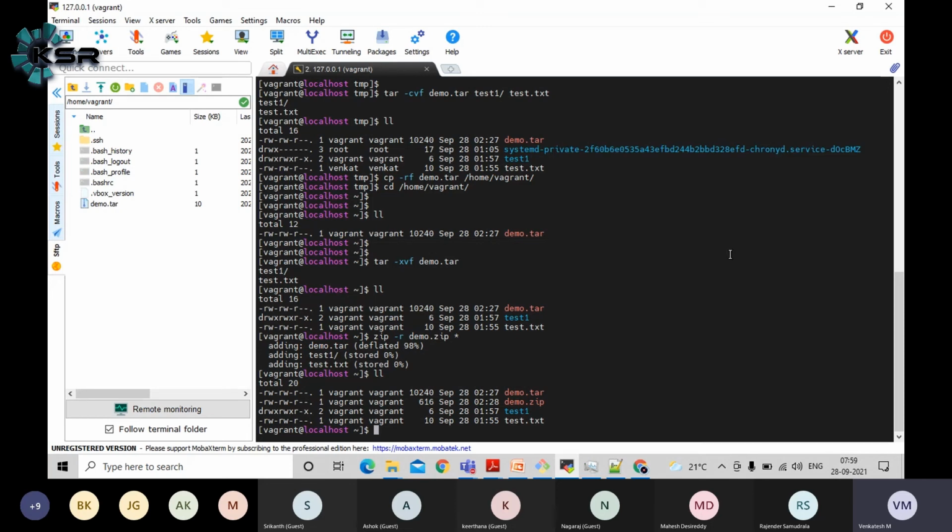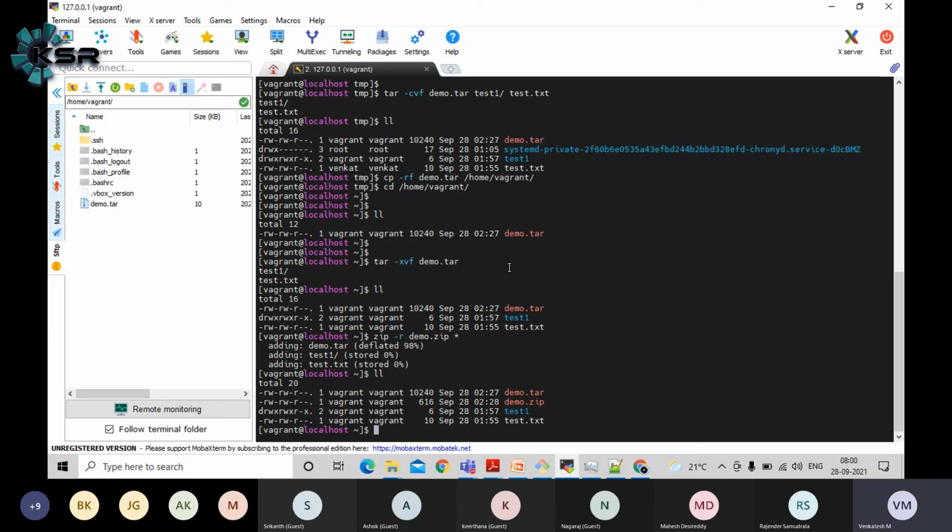In the tar command we have seen how to create a file and how to extract it. To create a tar file, which is a zipped file, just compare it with the zipping operation. We should pass the command tar and -cvf. Here C is for creating the tar file. Then this is the file name, and whatever files you want to add to the zipped file, you should pass them as arguments.